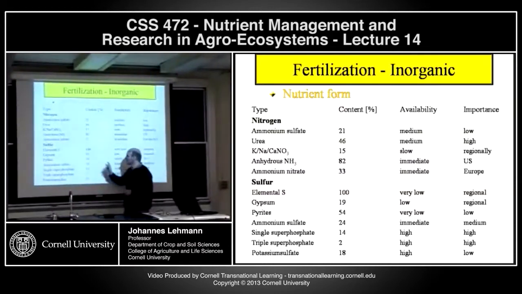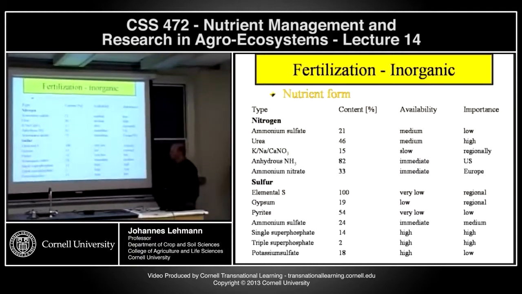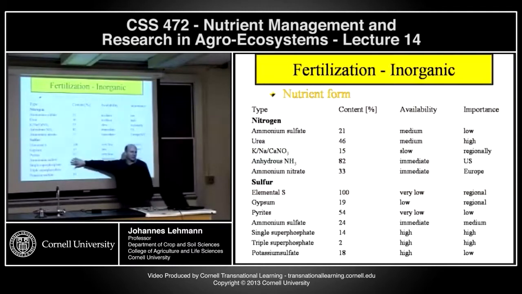Pyrites has a high sulfur content, but doesn't really dissolve and is not really important. Ammonium sulfate, well, since it's not used that much anymore, you don't get it, and that is really a problem. This would be a very good sulfur source. Single superphosphate has lower, and triple superphosphate almost nothing. Well,